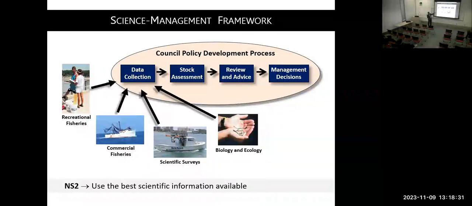Depending on regions, we have eight councils in the country, and on the east coast, we have the New England Fishery Management Council, the Mid-Atlantic Council, and the South Atlantic Council. So here, New York, I think, is part of the Mid-Atlantic Council. Those are the review processes, and once the assessment is accepted, it will be utilized for decision making and management. So that's the council process.